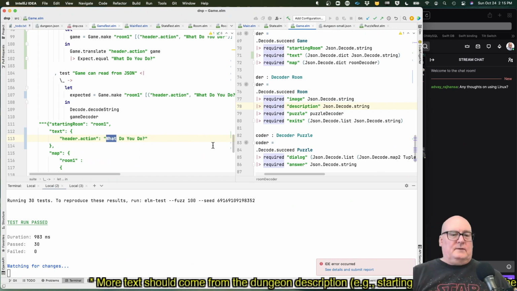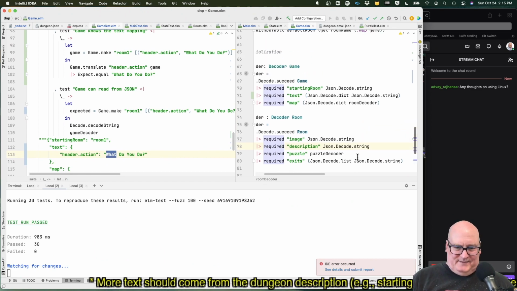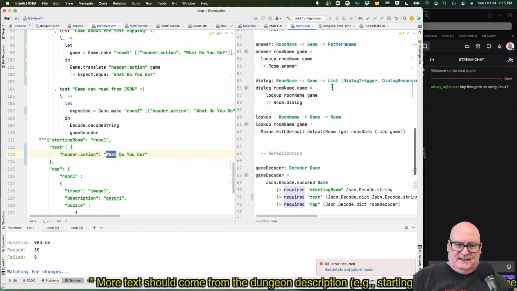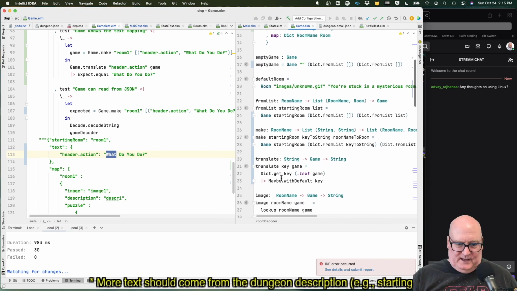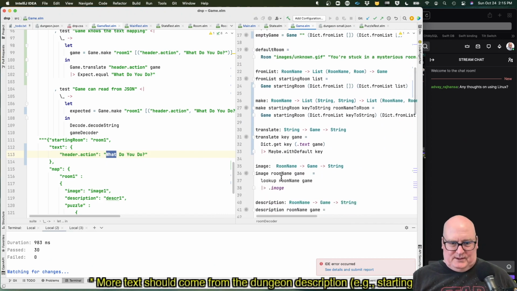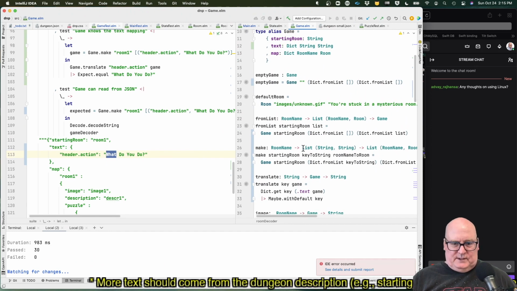Oh, all right. I don't know. It's more traumatic to me than I expected to have to fix all these things in place. All right, but there's still something wrong here. Anybody who's using from list probably should be using make. And even there, I don't know. It looks like they should just be using game. If you just said game, starting room, dictionary, text, what do you need make for?